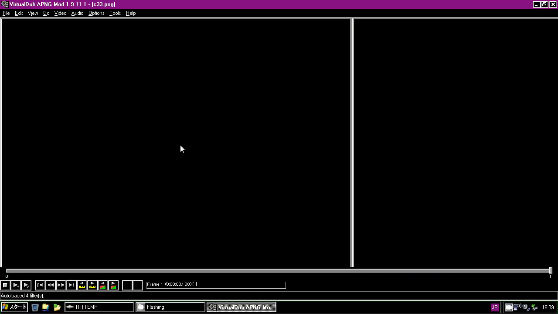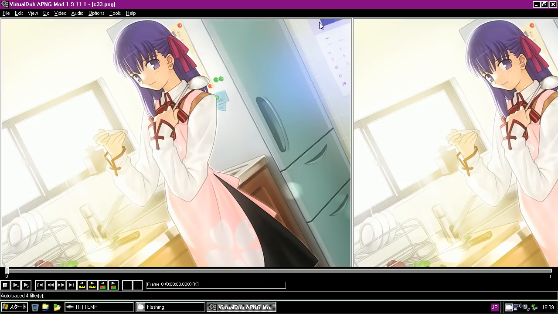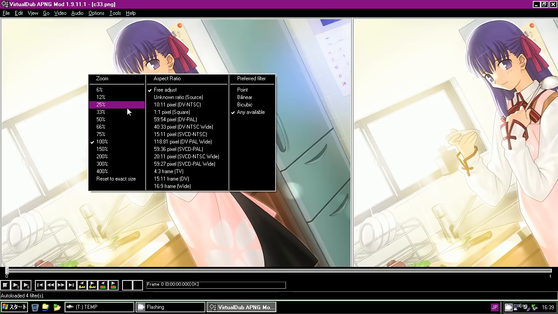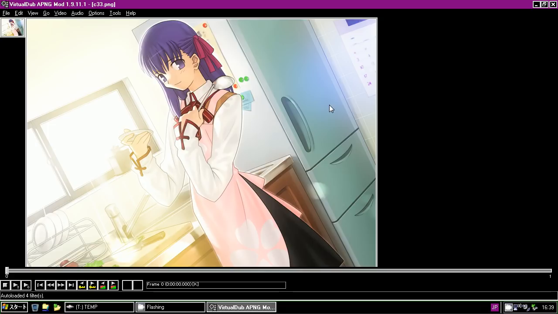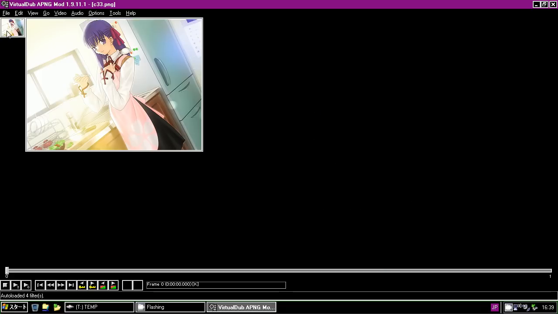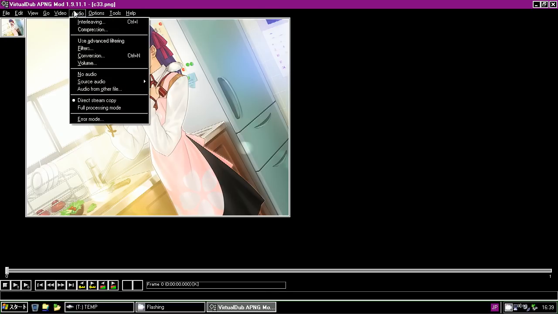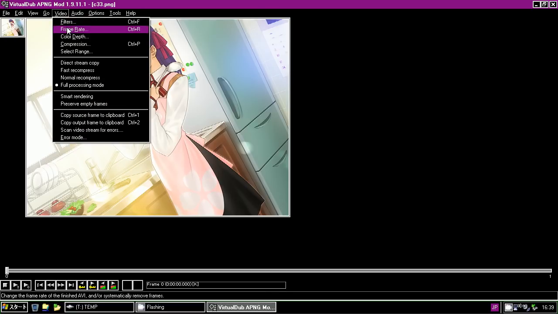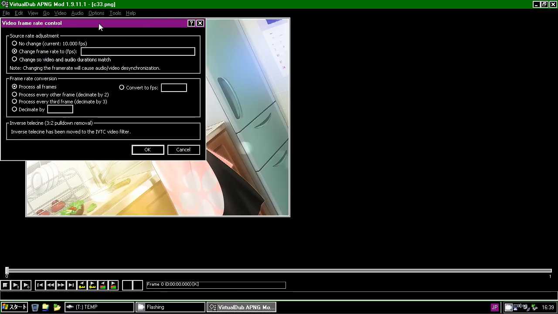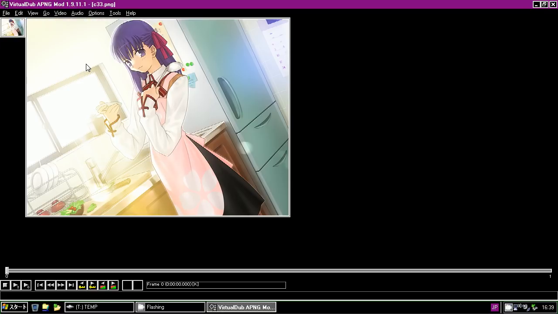Not really sure what... Oh, hey, the scroll wheel. Didn't know that. I just learned something. Scroll wheel manages the frame thing. Alright, so you got your image, and I'm going to make things simpler by making the zoom small. It's easier to see what the heck's going on. There. And first thing I'm going to do, frame rate. One frame per second. Otherwise, it's just a waste.